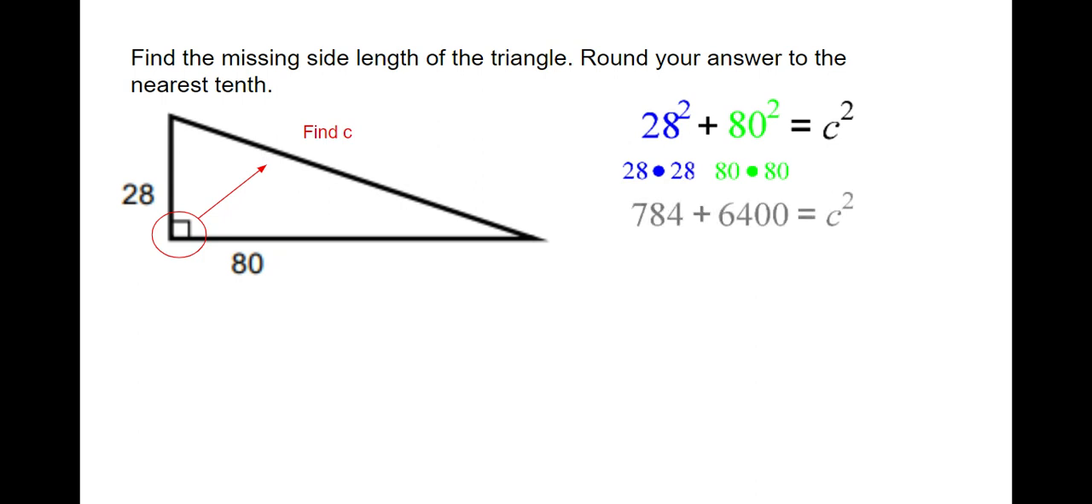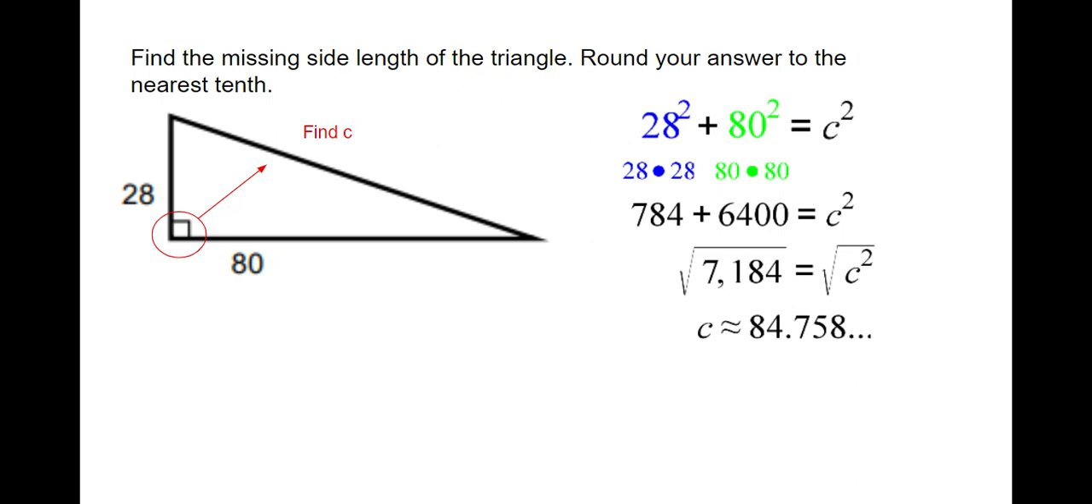So 28 squared is 784, and 80 squared is 6,400. When I add 784 and 6,400, I get 7,184 is equal to my c squared. But I just want to find c, not c squared. So to undo the square, I have to take the square root. When I take the square root of 7,184, I get that c is about equal to